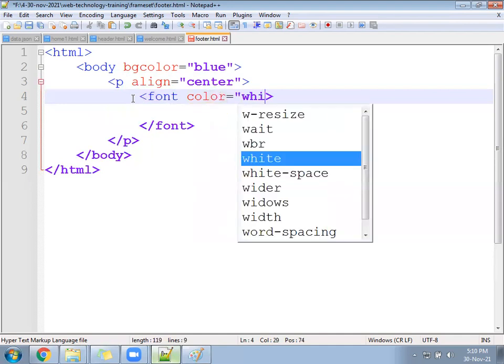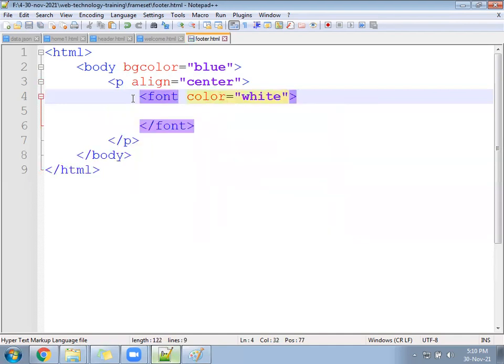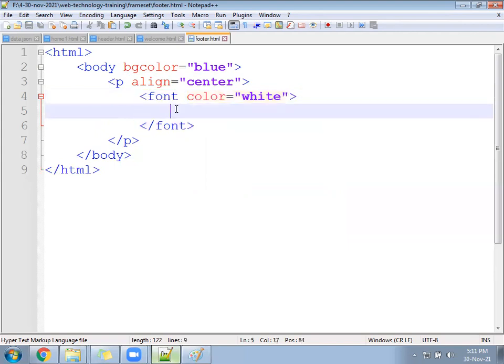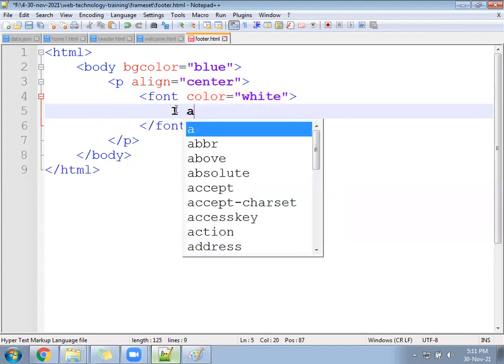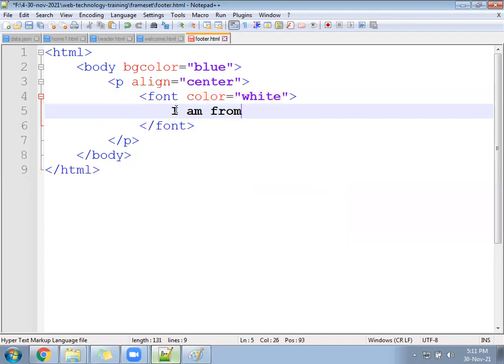White. So the background will be blue color, the paragraph will help you print in the center, and the font will help you print in white color. Right here: I am from footer.